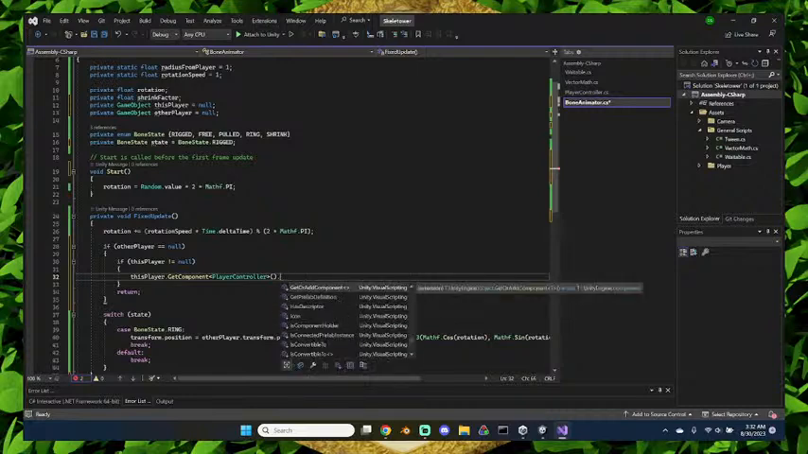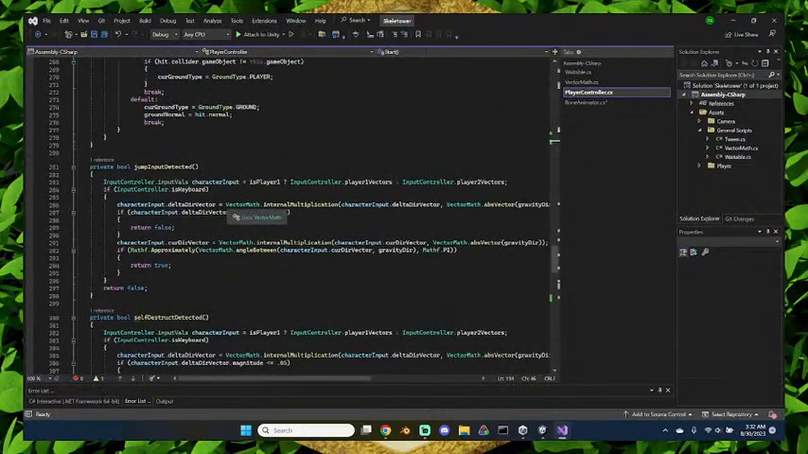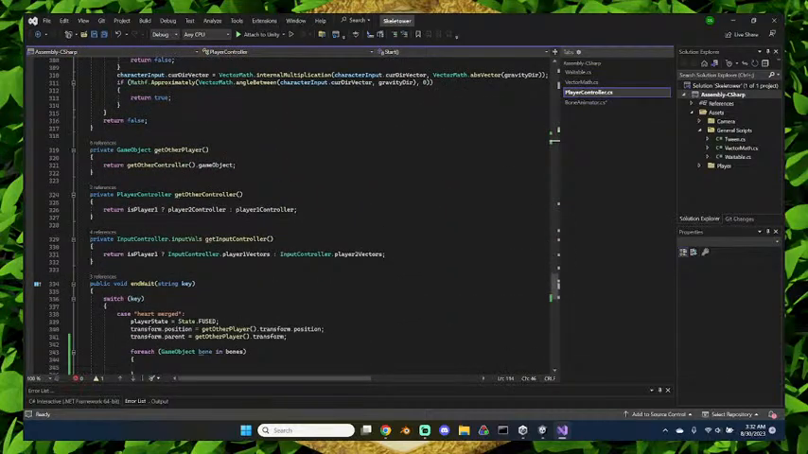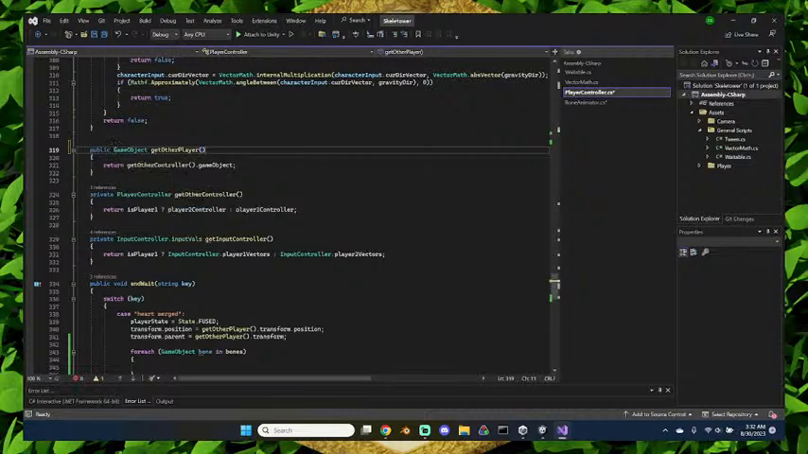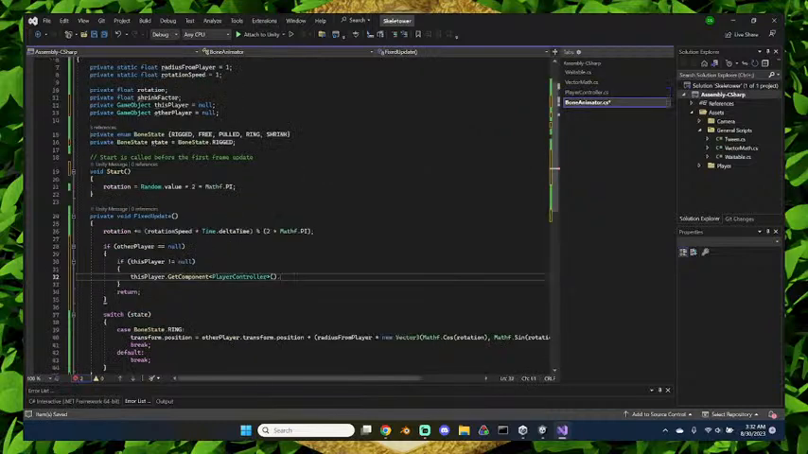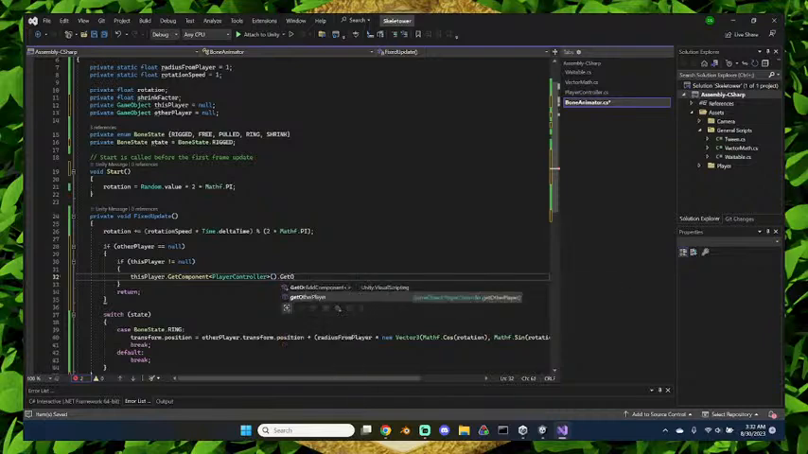And of course I can't, because of course I probably made it private. Did I? Yeah, I made it private. Public. So dot get other player. And we're going to say other player equals